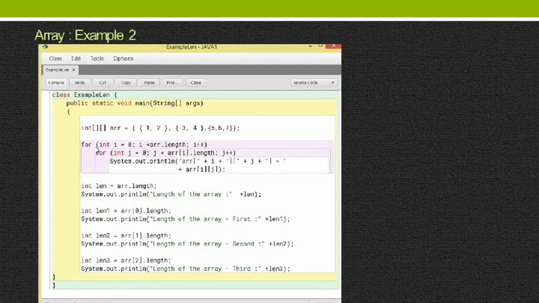Now let us take another example. This is much more interesting. This is also class name ExampleLen, integer array. It is also a two-dimensional array containing the elements 1, 2, 3, 4, 5, 6, 7. The program is very much similar to our previous one, that is arr dot length, that is here 3 rows,